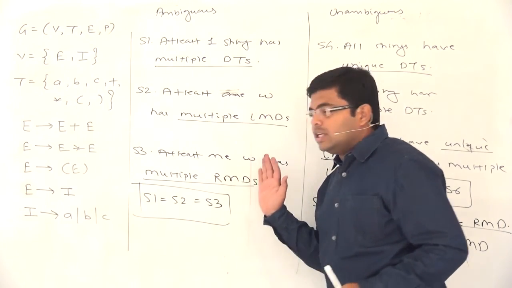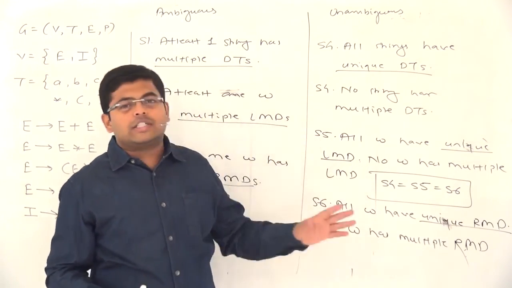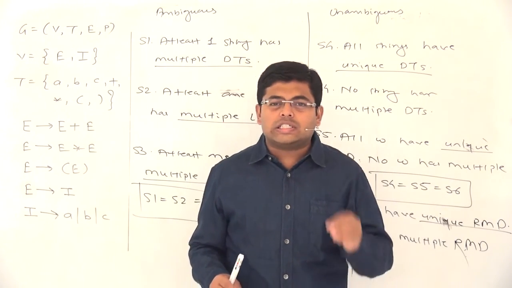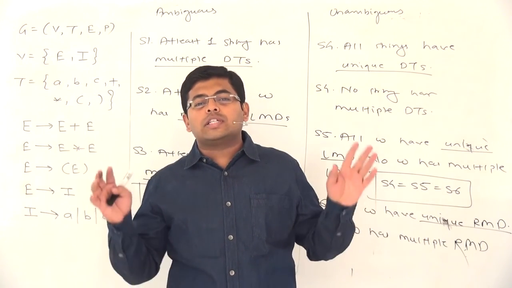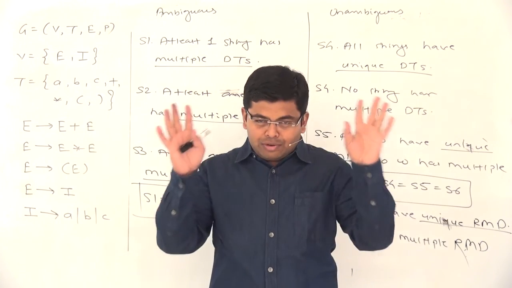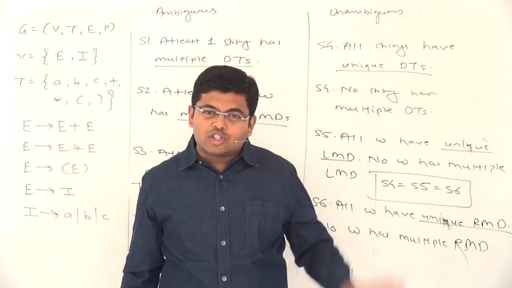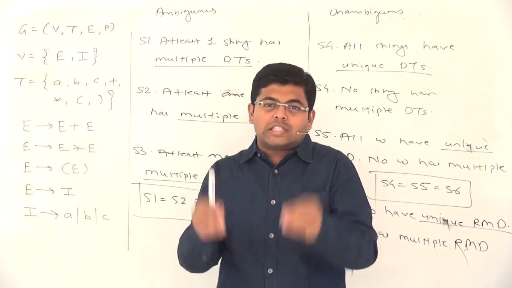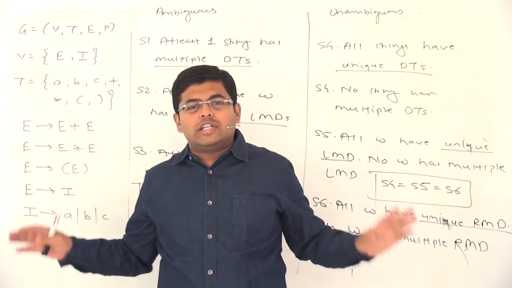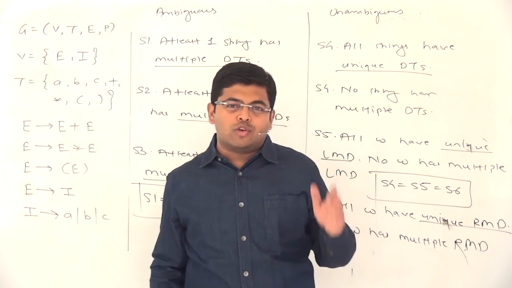Okay, so that's it about ambiguous grammar. One final important point here: all these definitions were the definitions of ambiguous grammar. We did not discuss anything at all about ambiguous language. Ambiguous languages and ambiguous grammars are different things. A grammar being ambiguous does not necessarily mean that the language is also ambiguous. So don't mix ambiguity of grammar with ambiguity of language. In this session we discuss only ambiguous grammar. In the next session we will be discussing what we mean by ambiguous language.